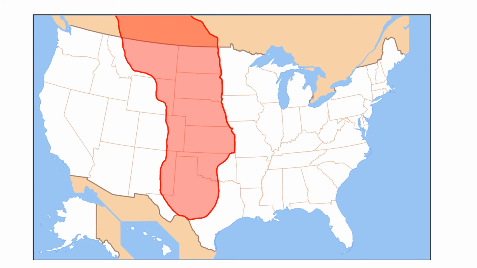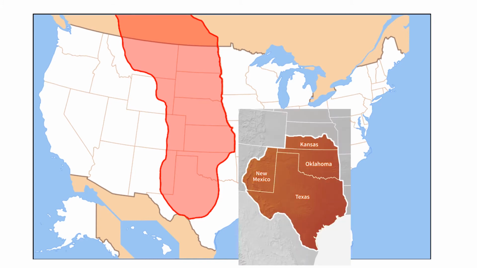And generally, it's divided into the northern plains and the southern plains. So here I have a map overlaid on the other map, just to give you an idea. You probably could have guessed that the southern plains were in the south, toward the bottom. But this is roughly where the cutoff is.